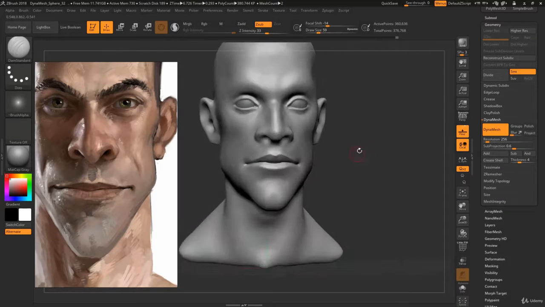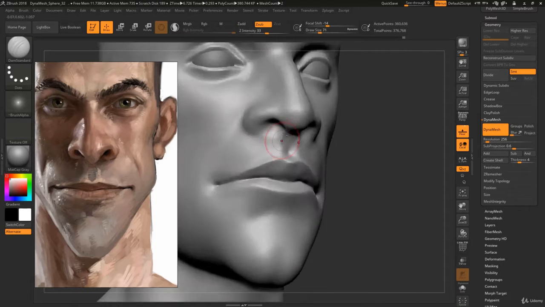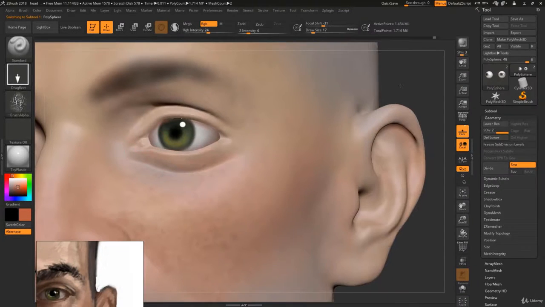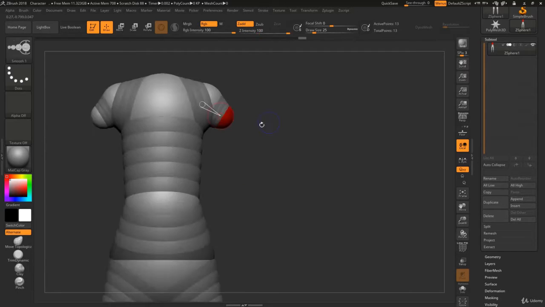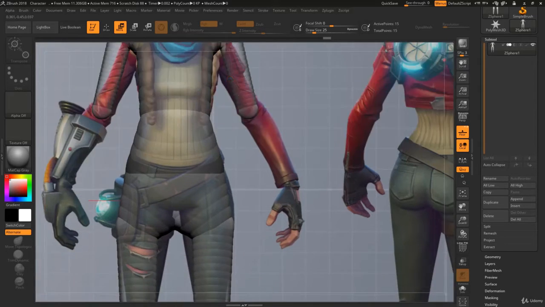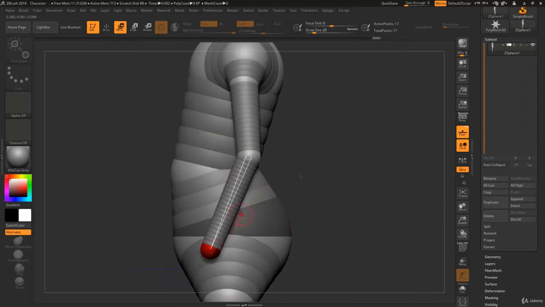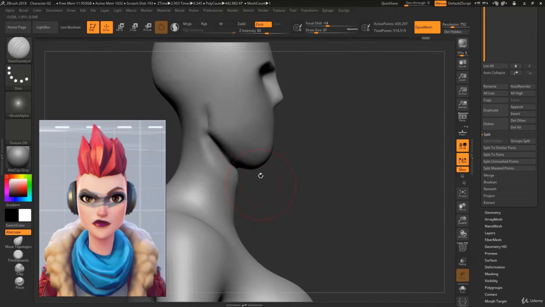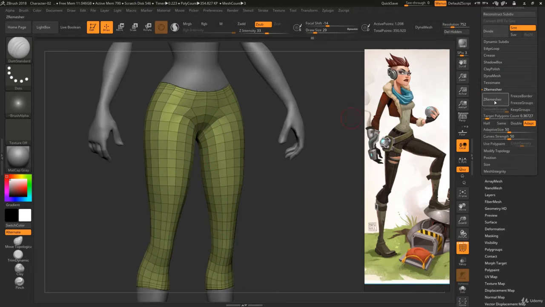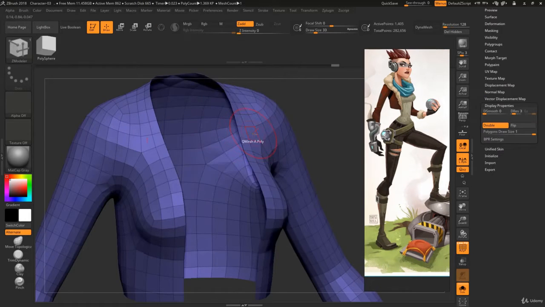In the first module, you will learn ZBrush from scratch, sculpting and polypainting basics by working on a small stylized head project. And then in the second module, I am going to start the main character project and you will learn how to start and block in the character from scratch using Dynamesh and G-Sphere. Then in the third module, you will learn how to block in the clothing of the character using different methods